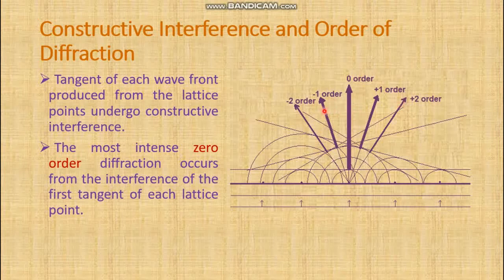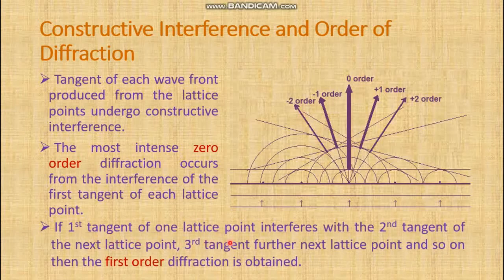Similarly, in the opposite direction, the minus first order or the minus second order reflections are also obtained. So the first tangent of one lattice point interferes with the second tangent of the next lattice point, the third tangent of the further next lattice point, and so on. Thus the first order diffraction is obtained. Okay,